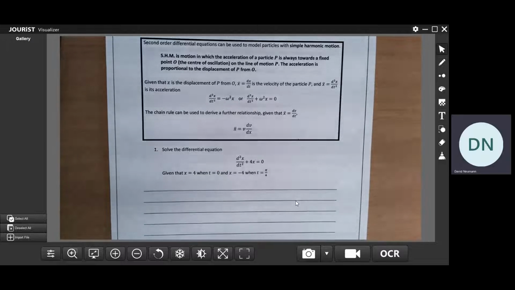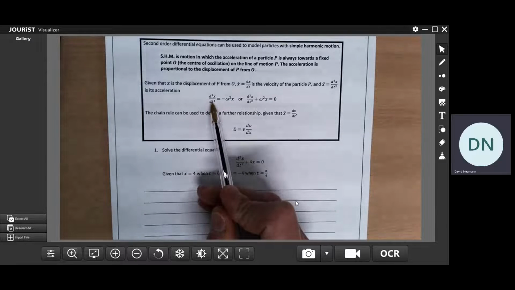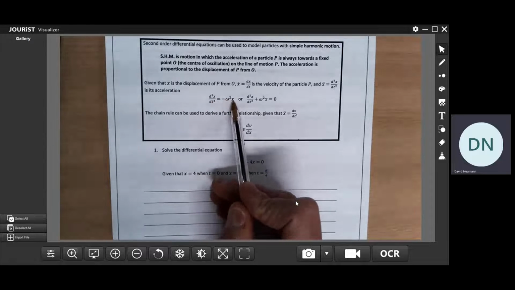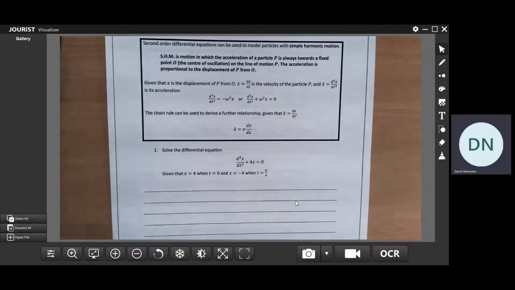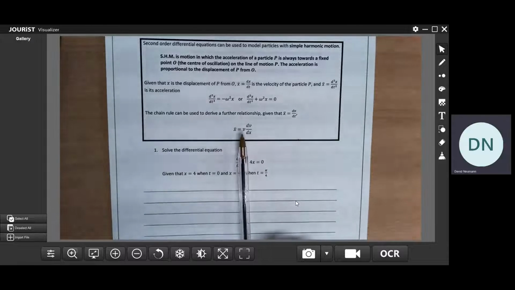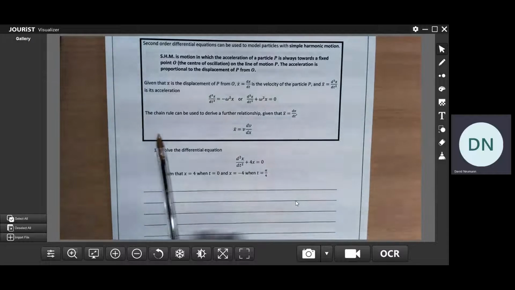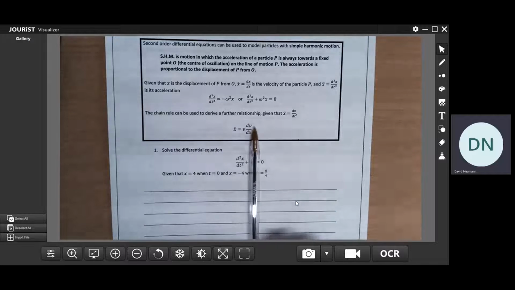So if we've got a differential equation in this form, d2x by dt squared is equal to minus a constant times x, then what we find is that it models the motion of a particle going backwards and forwards repeatedly. It's called simple harmonic motion,